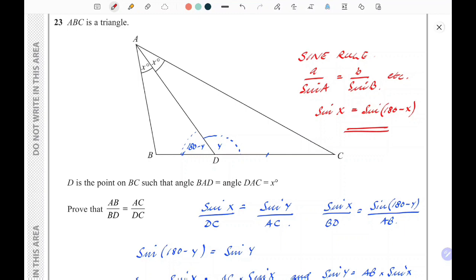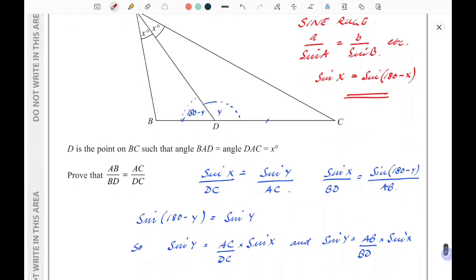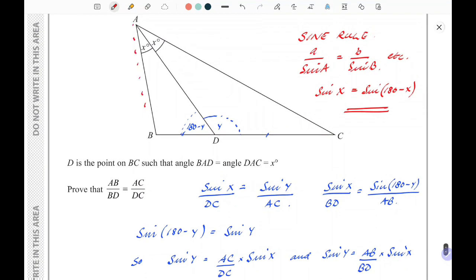essential. Trigonometry. All right. So what we're going to do now, okay, we need to prove that AB, this side here, divided by BD is the same as AC over DC. All right, so let me just restate that if I said that wrong. AB over BD equals AC over DC. All right, so the ratio of sides in a smaller triangle and then in a larger triangle is equal, is what they're saying. Okay, so using the sine rule stated at the beginning of the question, all right, remember that